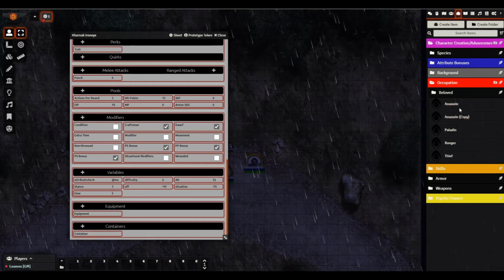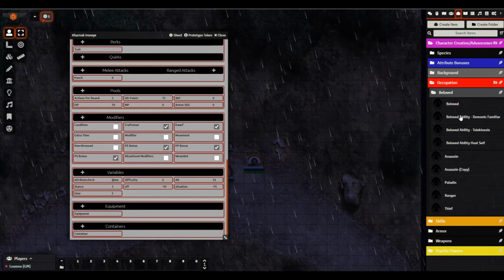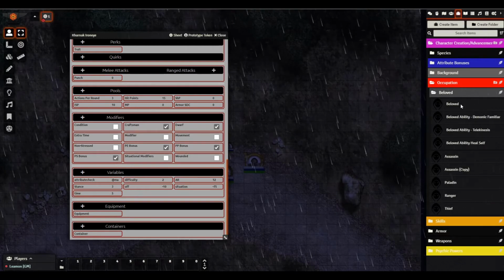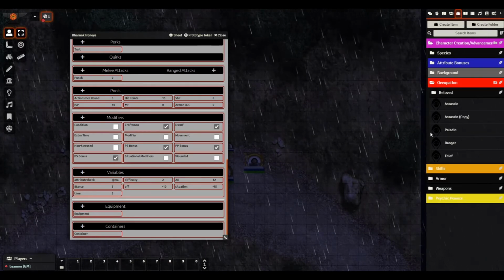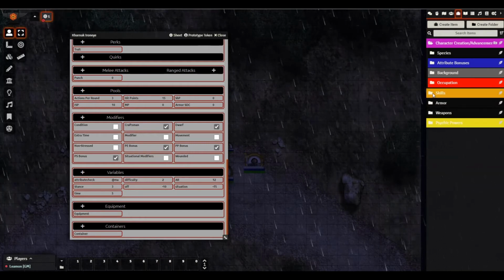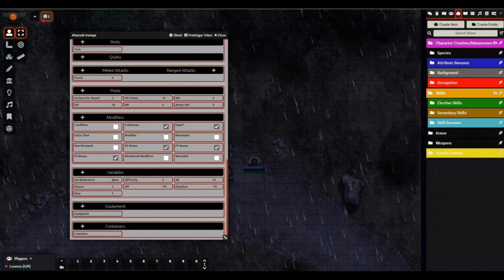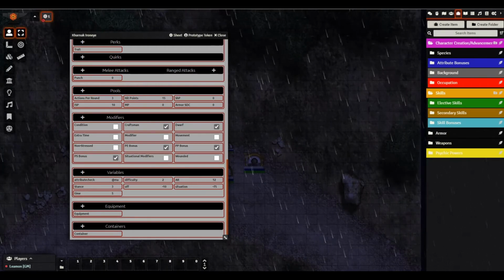Now, this is what I call my witches. It has its own folder because they get abilities. So then if you're that, you can just choose and pull it across. So that's what that is. And then you have skills. I'll just do a couple of skills. I won't do the whole thing right now. But if I look at this character's skills,